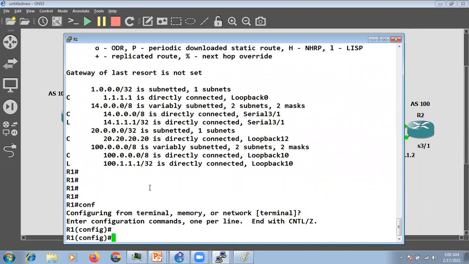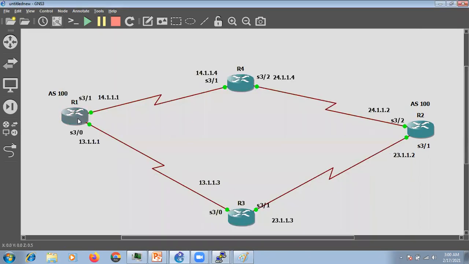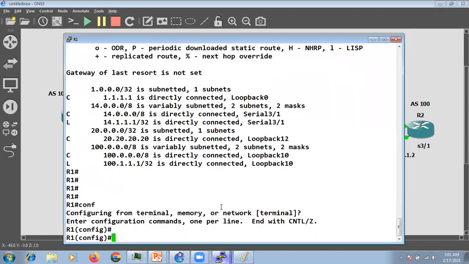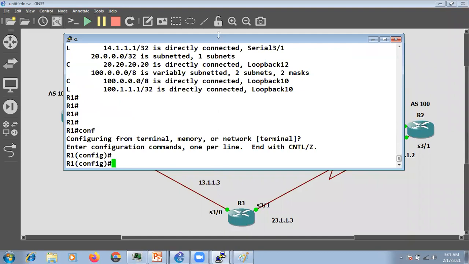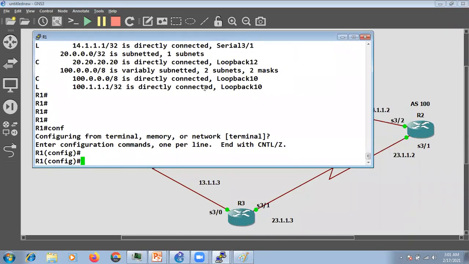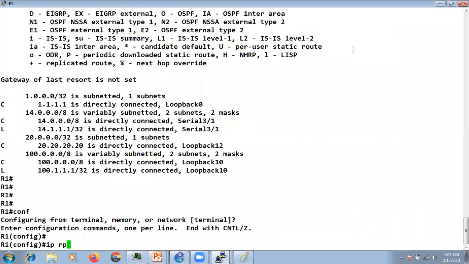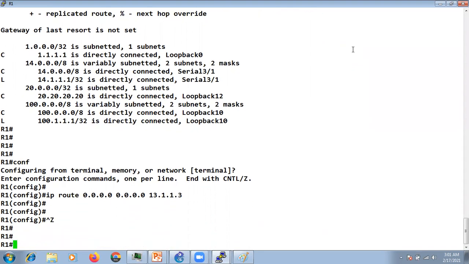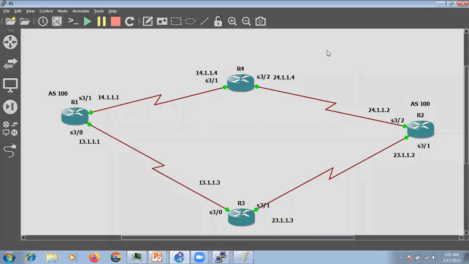So what I'm doing is I'm putting one default route here. Next hop will be R3, and one default route there. So I'm at R1, I'll say IP route 0.0.0.0 0.0.0.0, next hop is 13.1.1.3, which is R3.